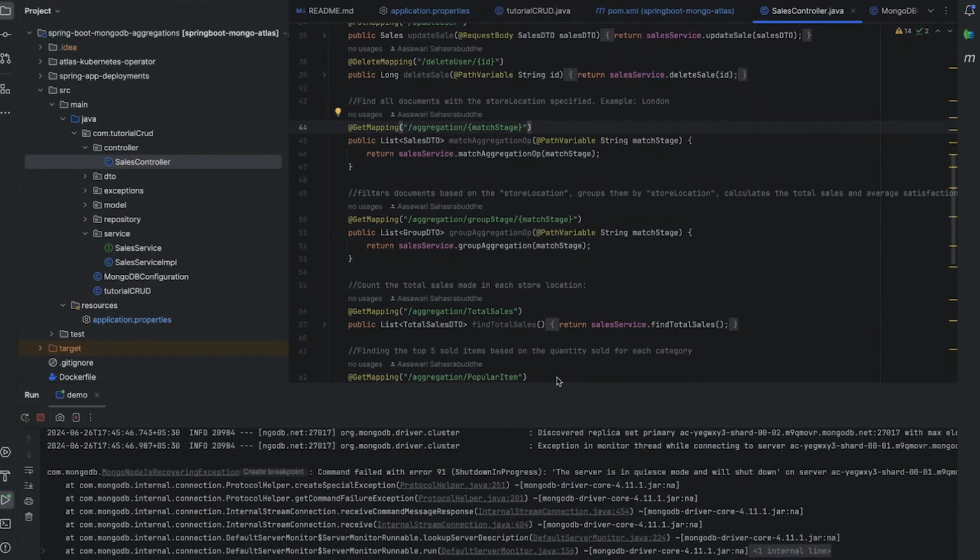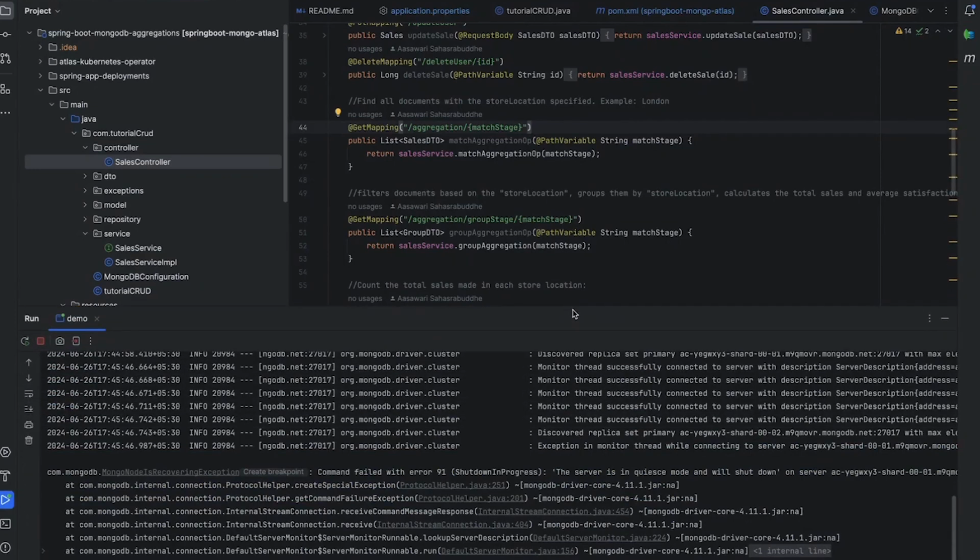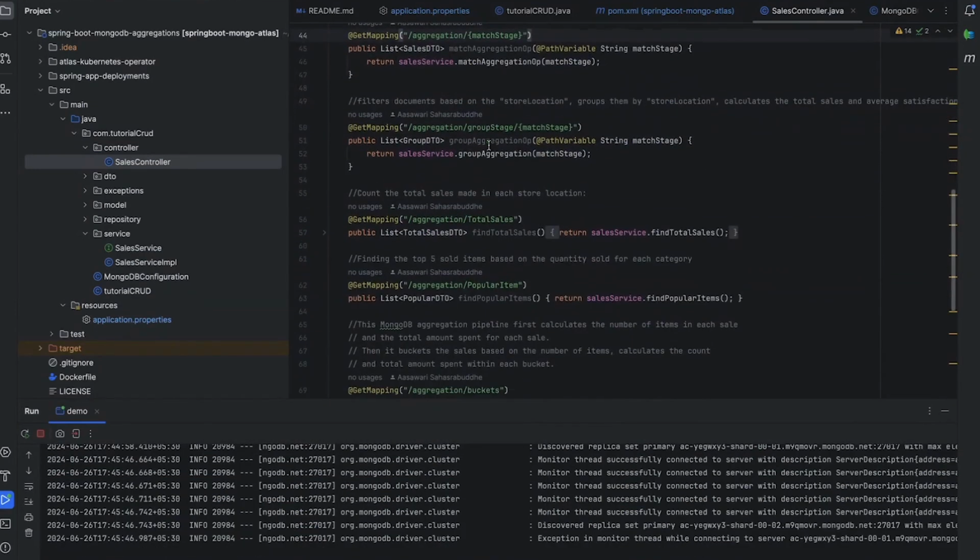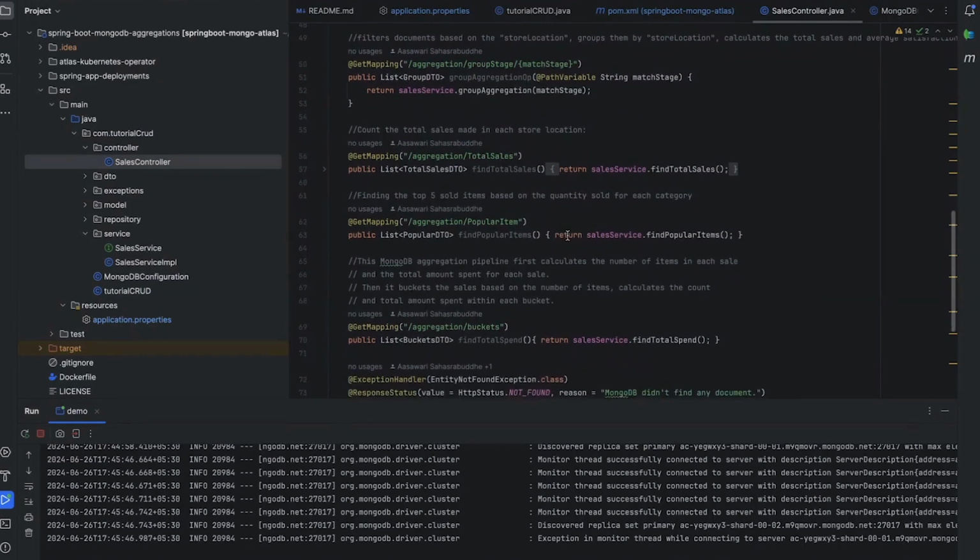The next aggregation query is grouping based on the store location. It will filter all the documents based on your store location and calculate the total sale for each store location. The third API that we are writing here is to calculate the most popular item for each category of the items mentioned in these sales.